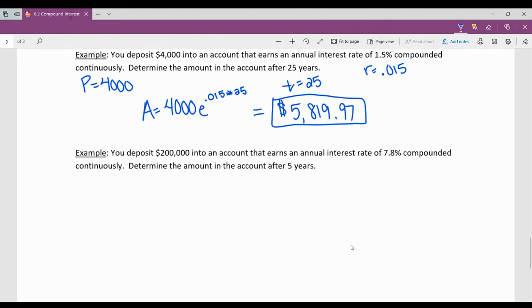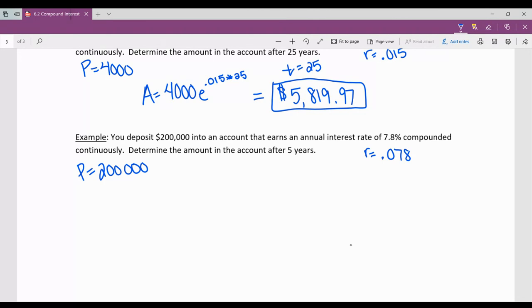All right, next one. You deposit $200,000. Whoa, I wish I had that to deposit. $200,000. Wouldn't that be nice? Into an account that earns an annual interest rate, R equals 0.078. And it's compounded continuously after 5 years, T equals 5. So we're going to go ahead and fill that in. A equals P, 200,000, E raised to the R times T,